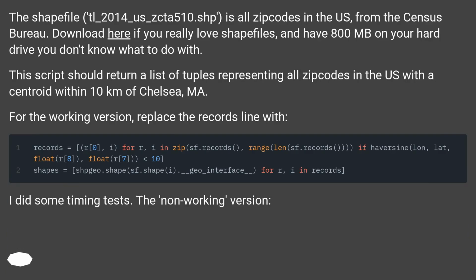The shapefile, tl_2014_us_zcta510.shp, is all zip codes in the US, from the Census Bureau. Download here if you really love shapefiles, and have 800 MB on your hard drive you don't know what to do with. This script should return a list of tuples representing all zip codes in the US with a centroid within 10 kilometers of Chelsea, MA. For the working version, replace the records line with